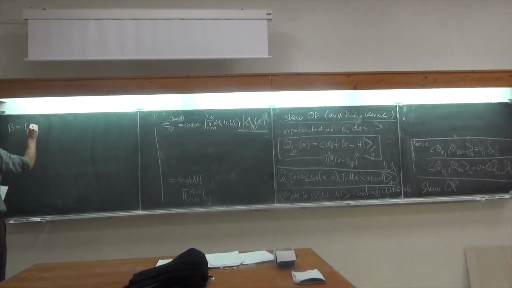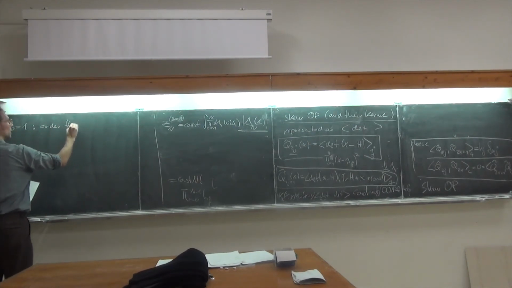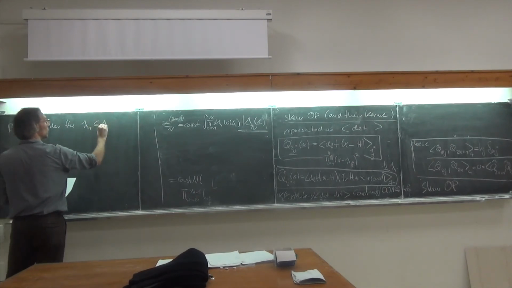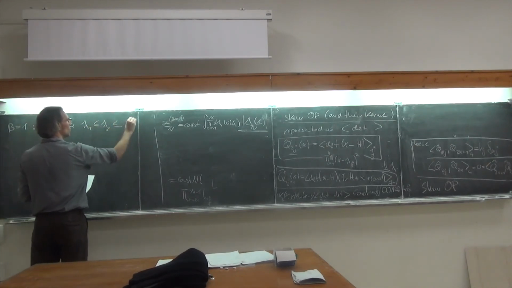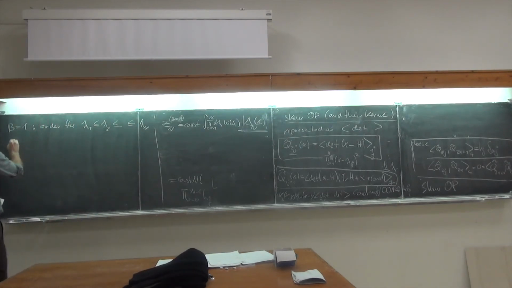So let's order by eigenvalues. Lambda 1, lambda 2, lambda n. Now you remember that the Vandermonde determinant is just lambda j minus lambda i. So when they are ordered such that lambda n is the largest one, then these products will all be positive. So I can drop the absolute value. However, I have to